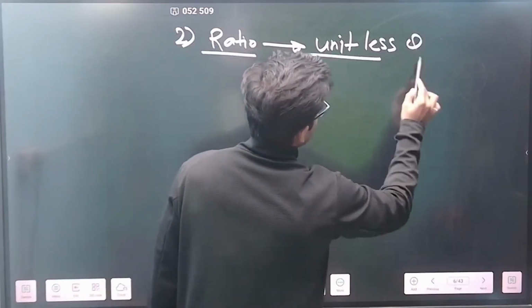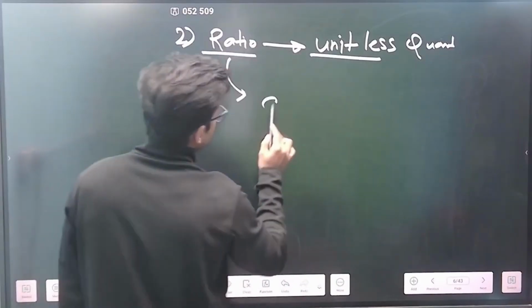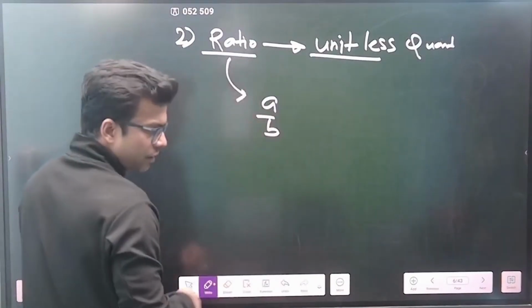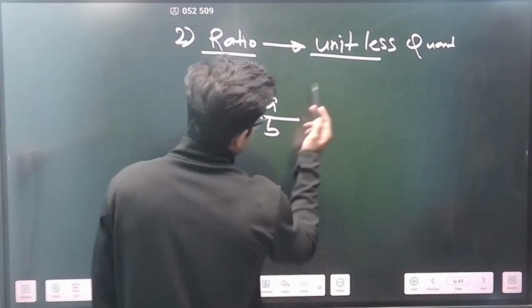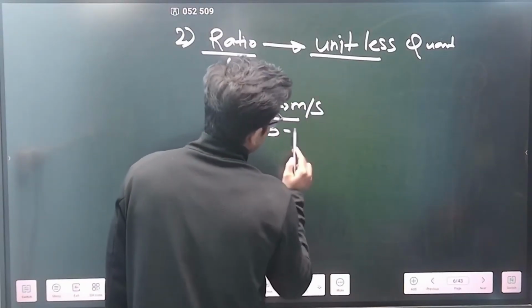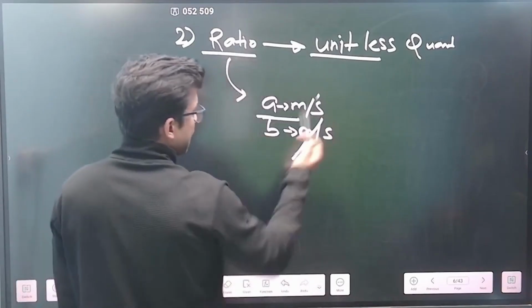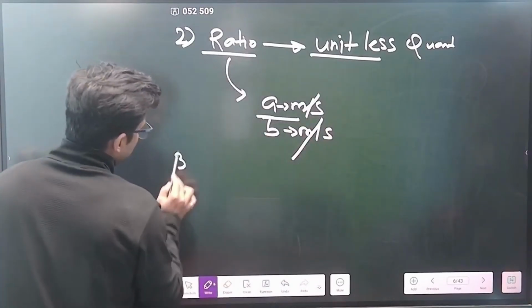Unitless quantity means, see, anything which you write in the form of a is to b, how can the unit be different? If a is in meter per second, then b would also be in terms of meter per second, and then you will cancel it out. And the third property is that